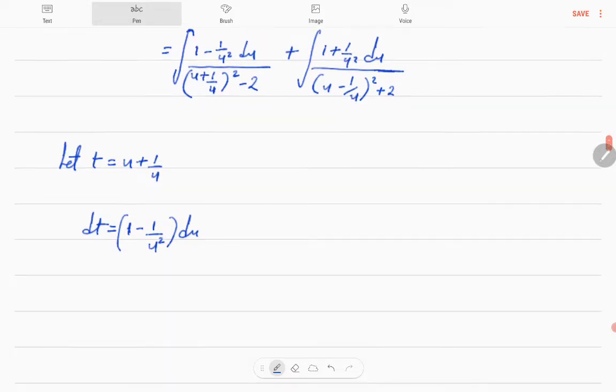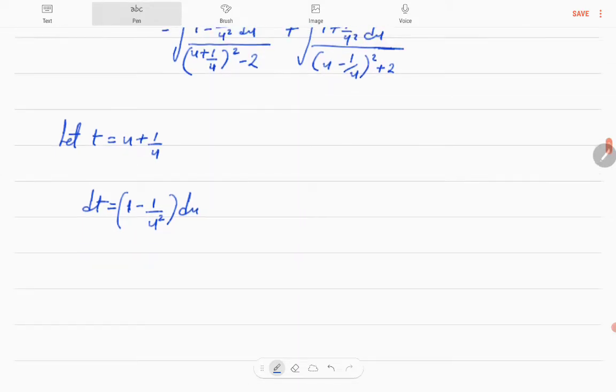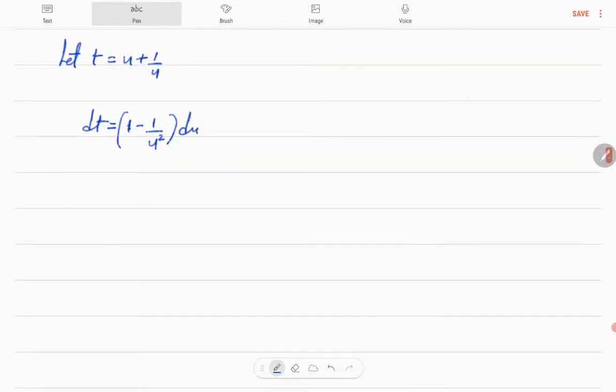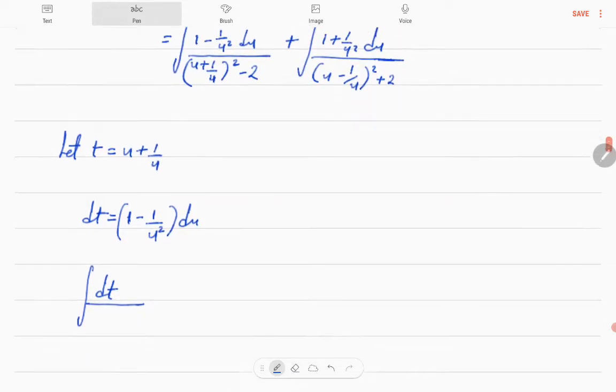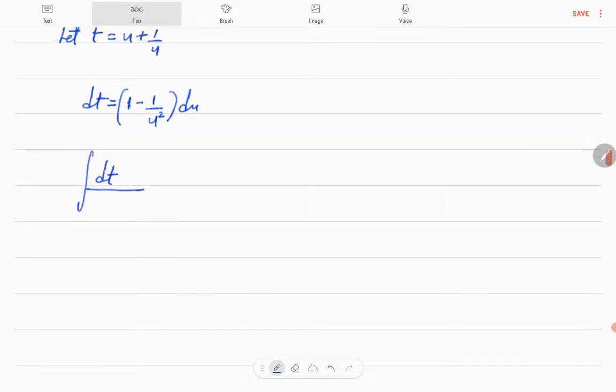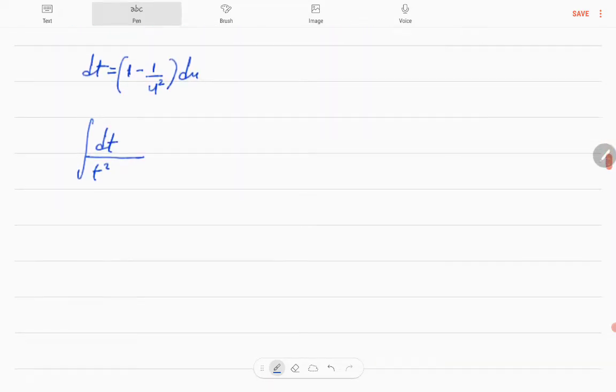We are going to substitute a to it dt. So I'm going to have integral of dt divided by u plus 1 divided by u whole squared, which is t squared minus 2, plus integral of,